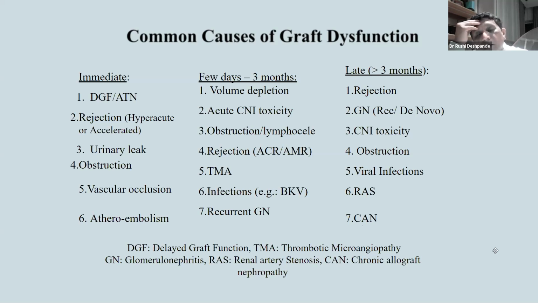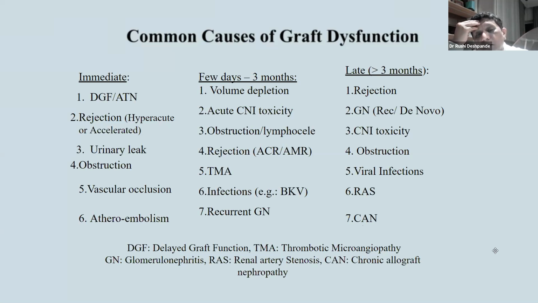AMR can be seen if we have missed a load like any pre-existing antibodies or a memory response from the antibodies. In that case, the rejection will be more severe and it will be an antibody-mediated rejection, and it will not be easily responding to steroids, and you may need more treatment either in the form of plasma exchange or rituximab or even antithymocyte globulin to reverse the rejection.